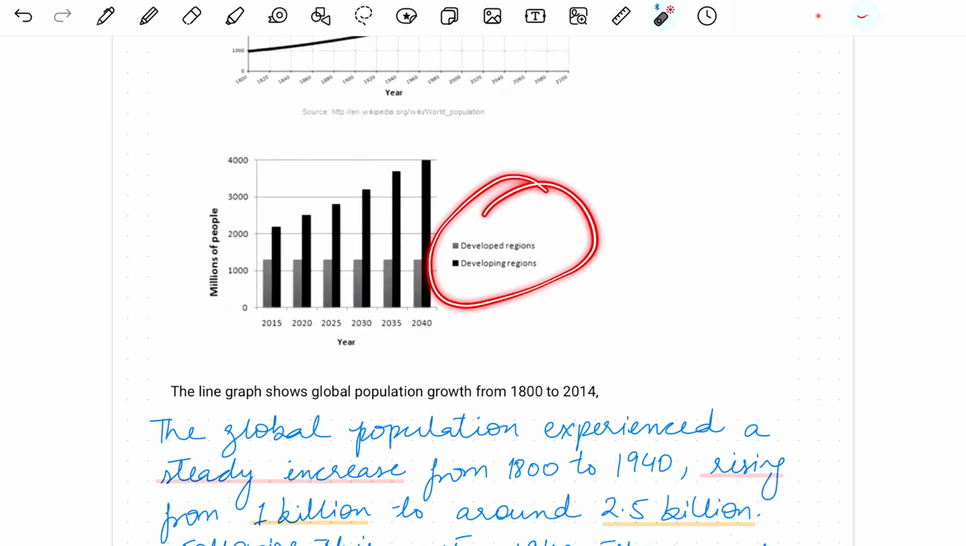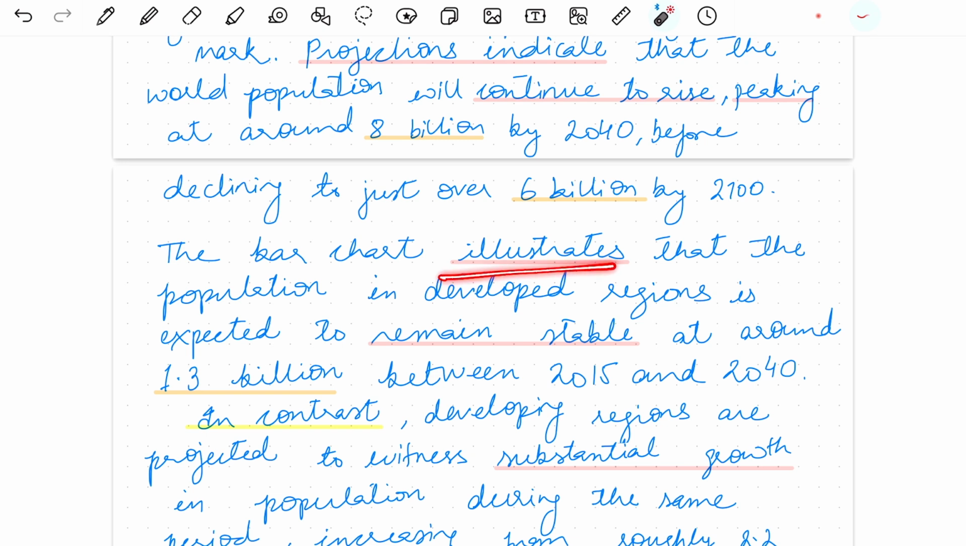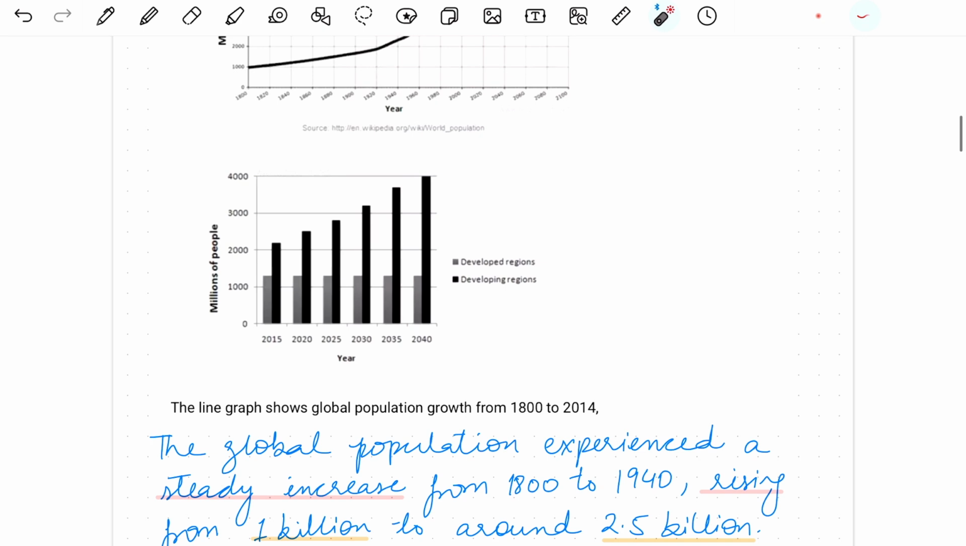Now I have described the bar chart. So the bar chart illustrates that the population in developed regions is expected to remain stable at around 1.3 billion between 2015 and 2040. So you can clearly see that in the bar chart the population remains stable, and I've chosen to give this figure around,